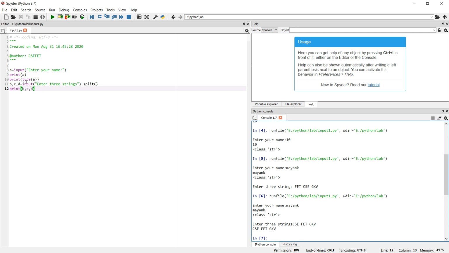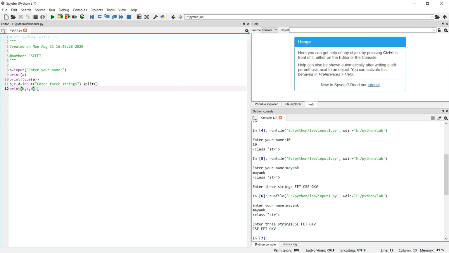The only problem in using multiple input at the same time is that we cannot give multiple inputs and take them as integers. Though we can give 3 different integers at the same time, those 3 different integers will be treated as strings. So if we have to convert them into integers, we have to use typecasting. Now let's see an extension of this input function where we can typecast the string into an integer.